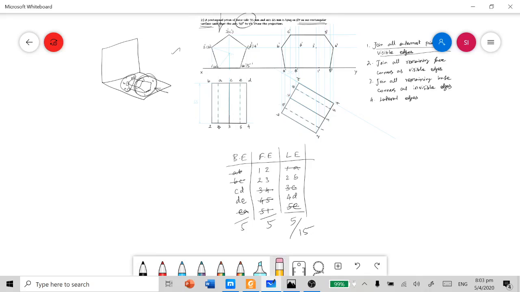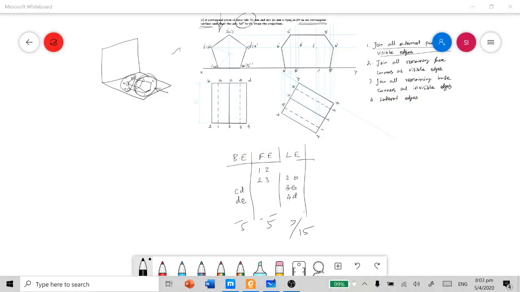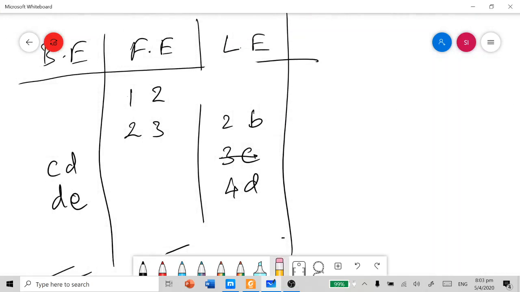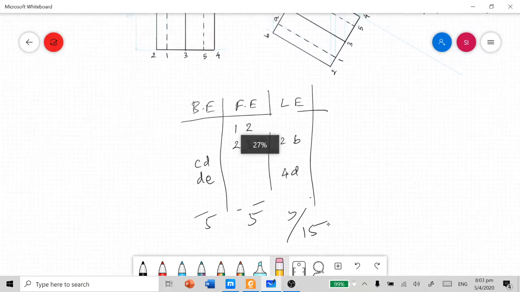Let me rub off the joined edges. So these are all the remaining edges not yet joined.